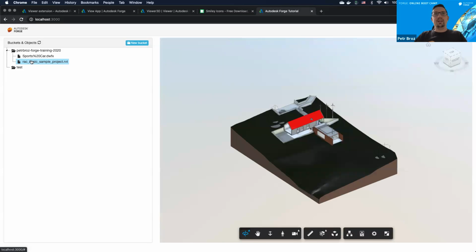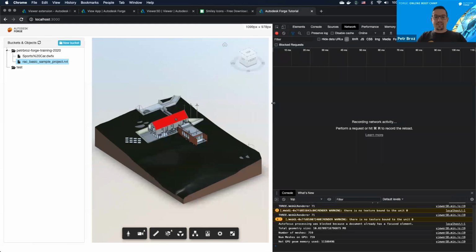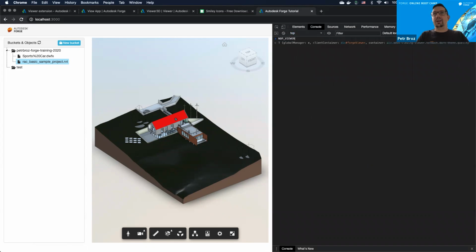And what I can do here is whenever you create a new instance of Forge Viewer on your website, we actually store this shortcut little global variable called NOP_viewer that points to that instance of viewer 3D class. And you can use that from the console here. So if I type NOP_viewer, all uppercase, you'll see that